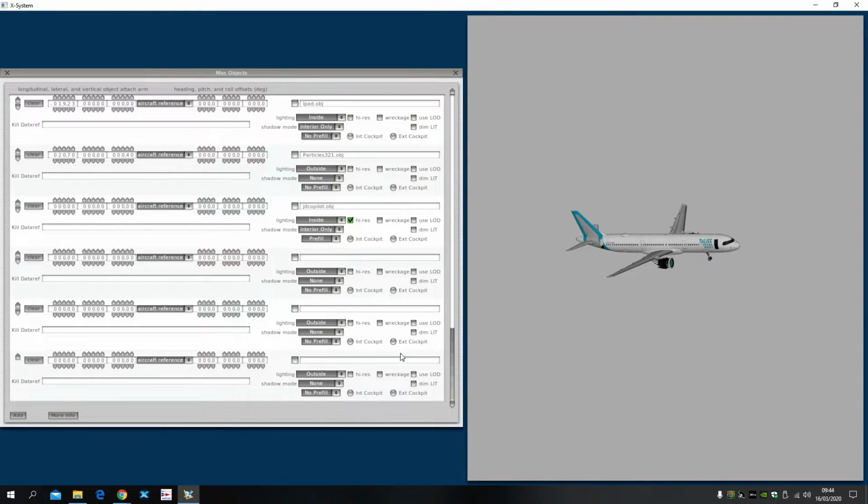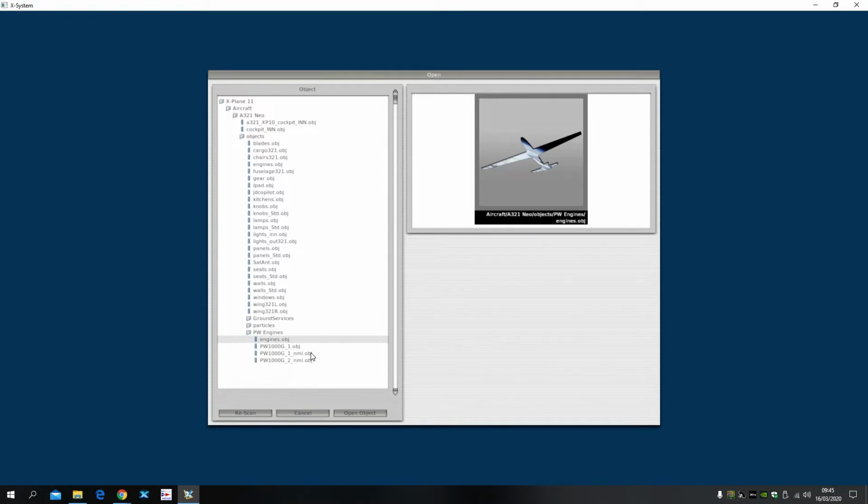So that'll add 3 new areas that we can put objects and do whatever with. What you want to do is paste that data ref that we've just copied into the kill data ref box for all 3 new bits that we've just made. You then want to click on the grey square next to the first one and select